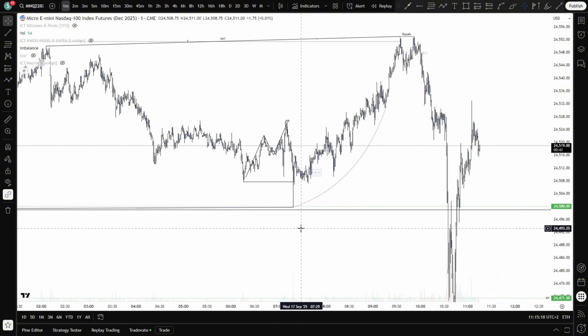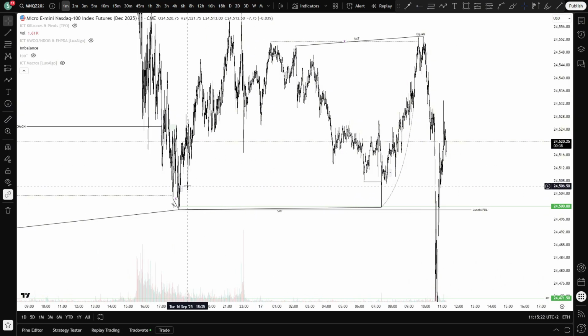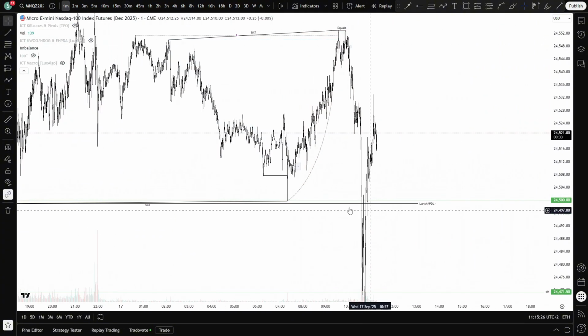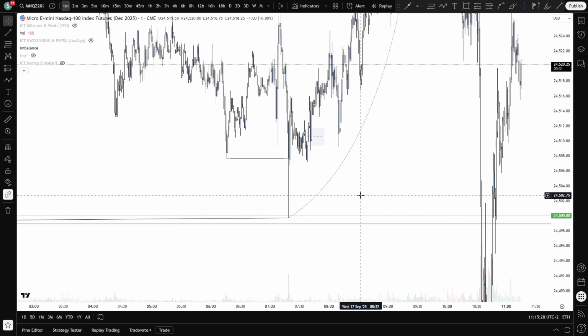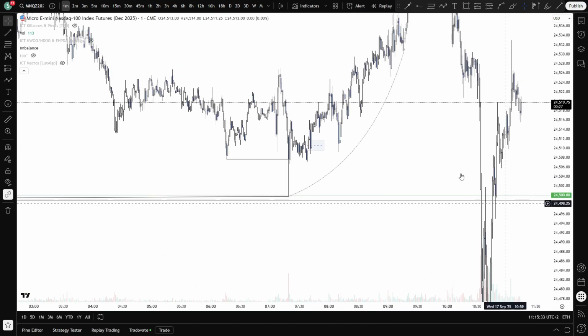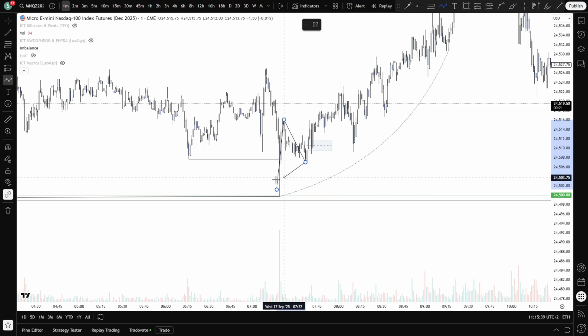Also a big volume spike indicating that market makers are filling up their orders. We also had a beautiful SMT with the London low, and once again, what a coincidence, a perfect tap on the 24,500 level. From there we started trading up, trying to use these bearish value gaps to trade towards new